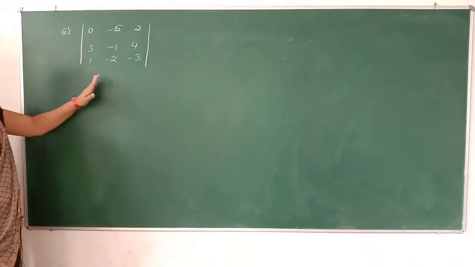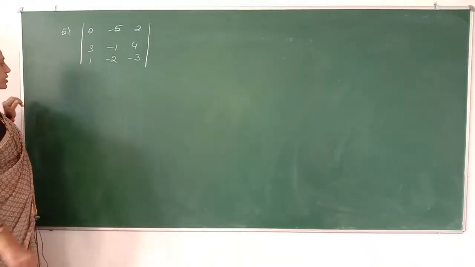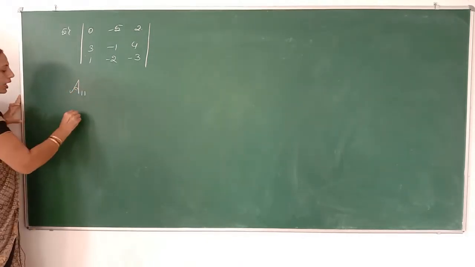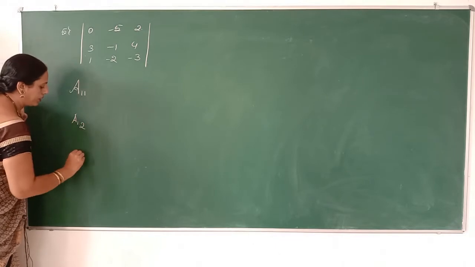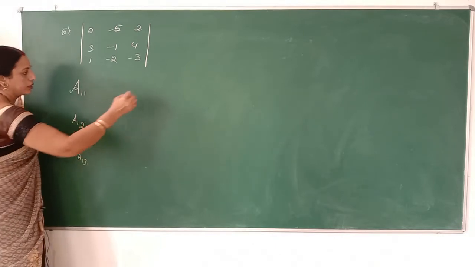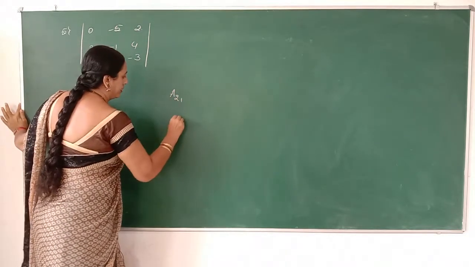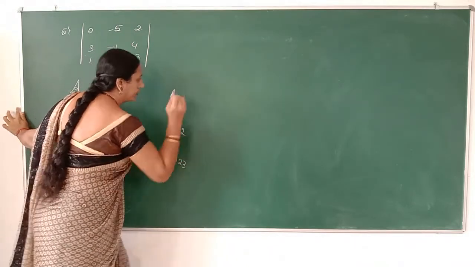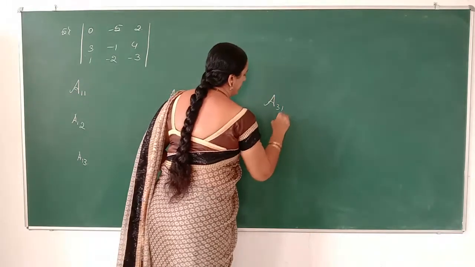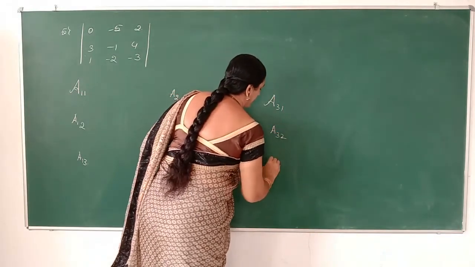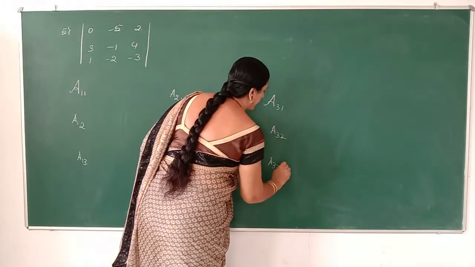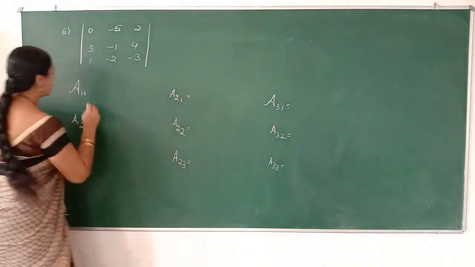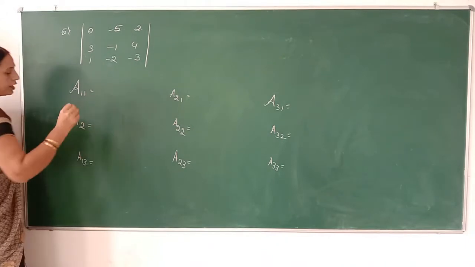So next, we can directly solve in terms of cofactors. Therefore the cofactors are generally denoted by A11, A12, A13, A21, A22, A23, A31, A32, A33. Now first we'll write the general symbols of cofactors for all the elements of a 3 cross 3 matrix.